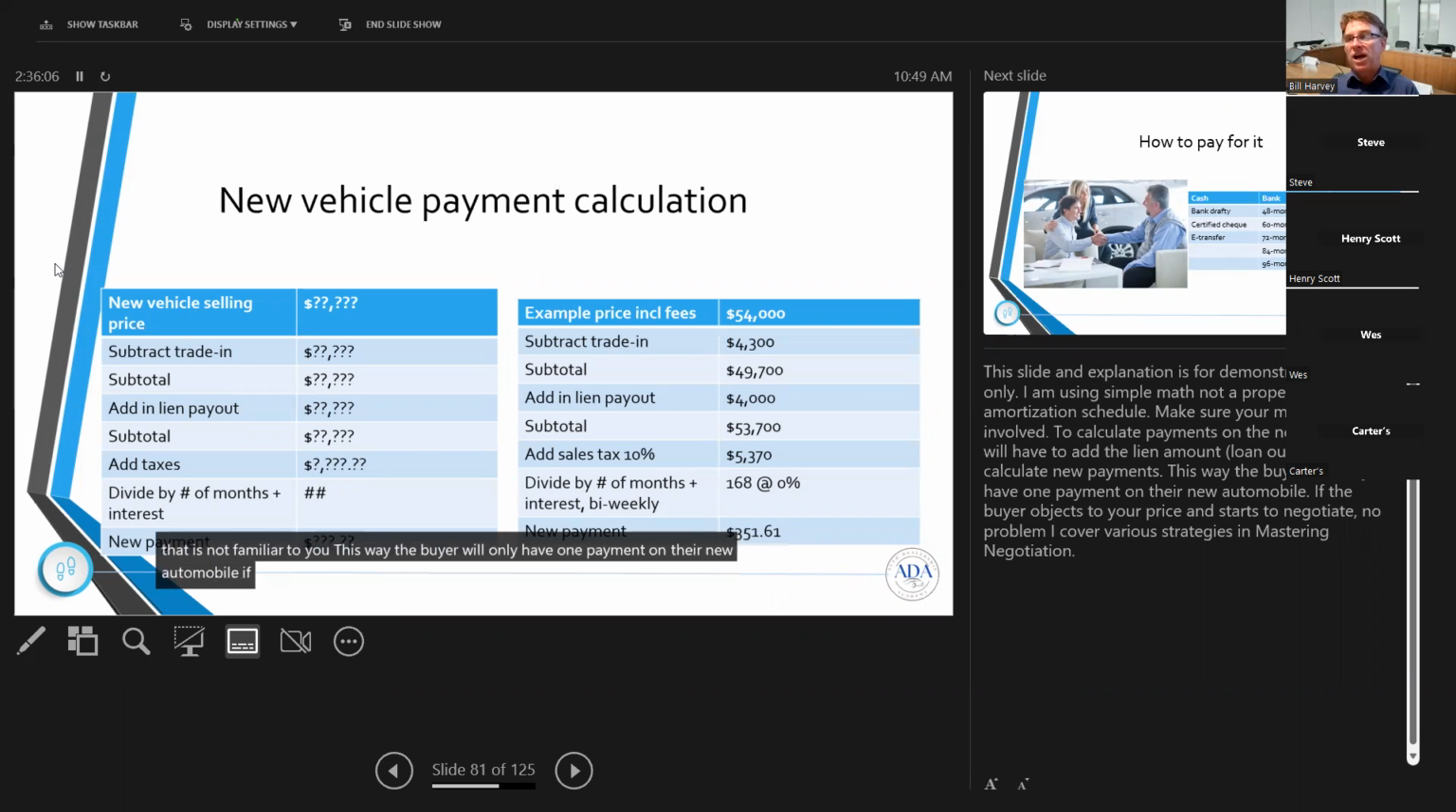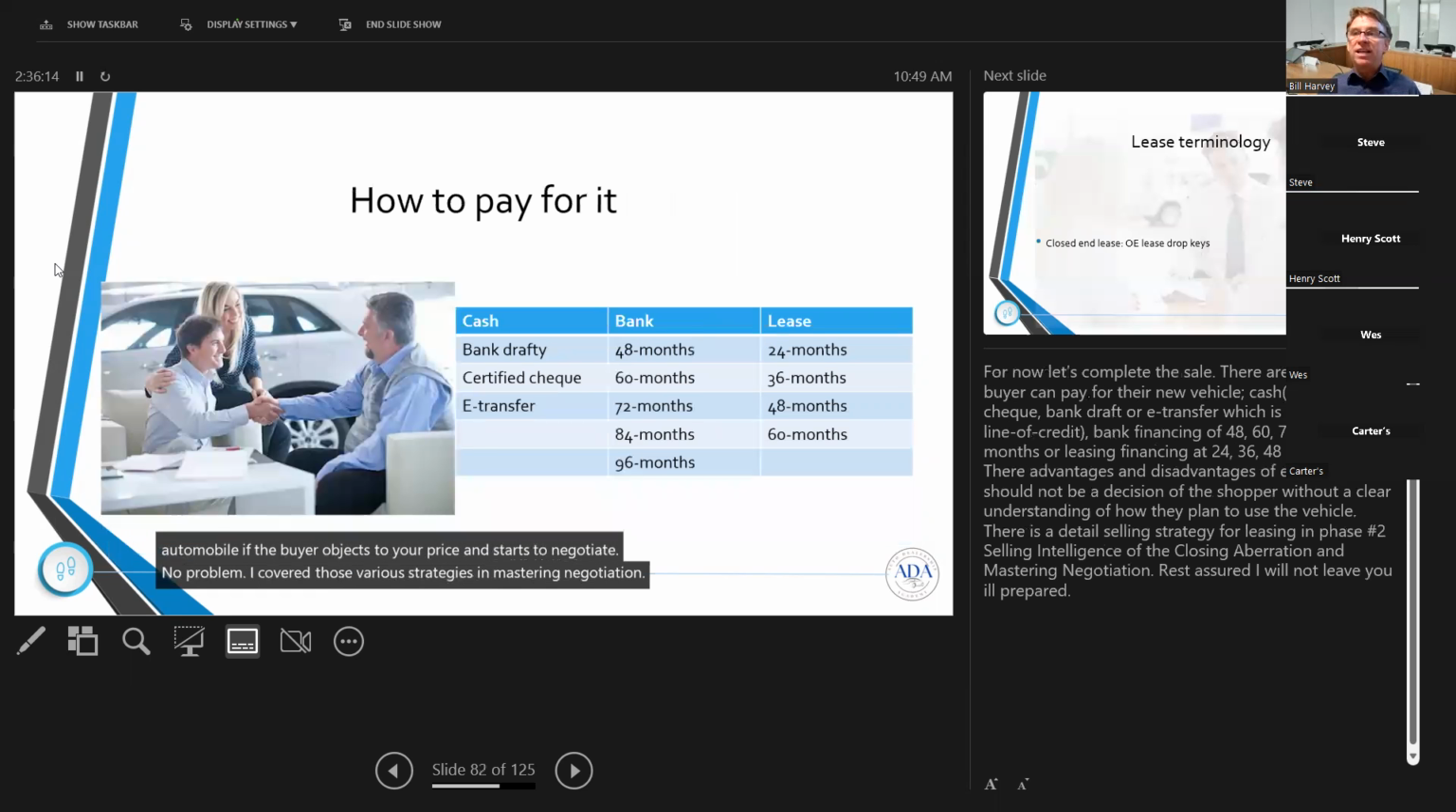If the buyer objects to your price and starts to negotiate, no problem. I cover those various strategies in Mastering Negotiation. For now, let's complete the sale. There are 3 ways buyers can pay for their new vehicle: cash, which includes check, bank transfer, certified check, e-transfer, all of which are probably their line of credit, but could actually be cash. Bank financing for 48, 60, 72, 84, 96 months, and then of course, lease financing of 24, 36, 48, or 60-month options. There are advantages and disadvantages of each, and you should not make